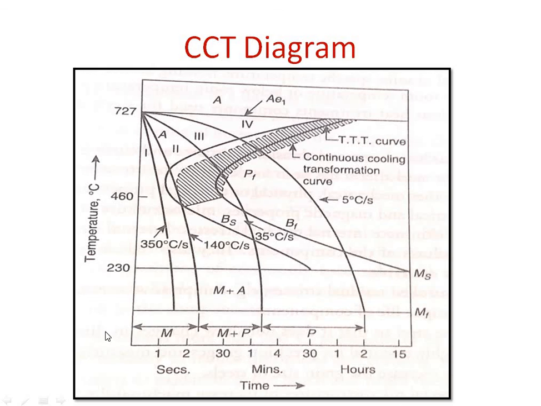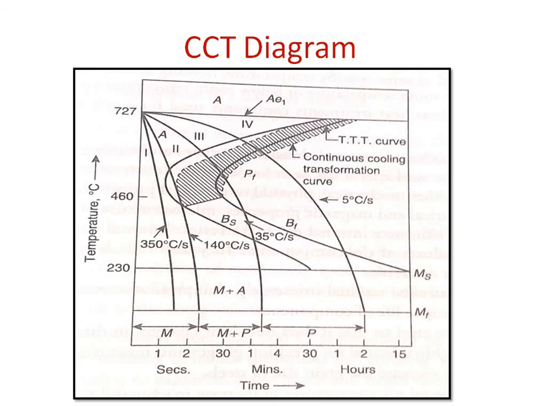Bainite is not formed during continuous cooling because it is hidden below the nose of the CCT diagram. Before the steel enters the bainitic region, either the pearlitic transformation is complete or it starts, and its formation and growth continues even when the steel passes through the bainite start, bainite finish region. So this is all about the continuous cooling transformation diagram.